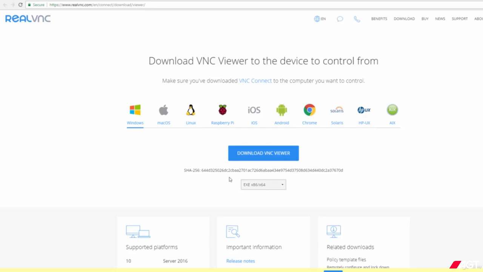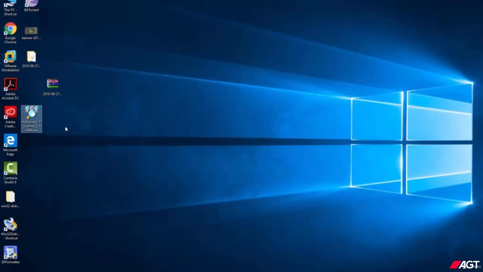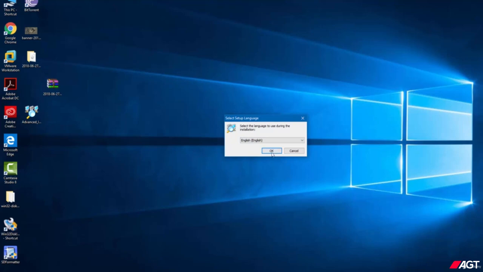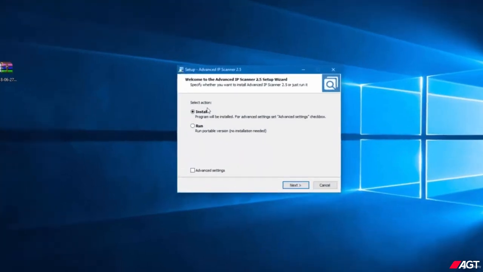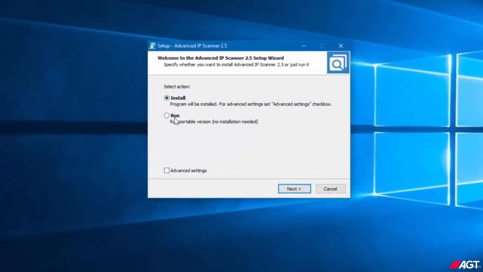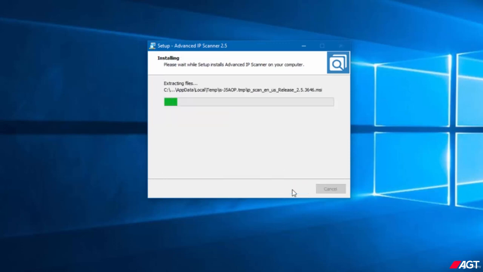I have already downloaded these two tools. So let's start with Advanced IP Scanner. You can install it and also run it directly in a portable version. So I'll just run it,